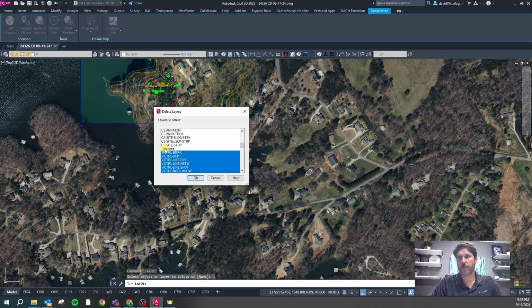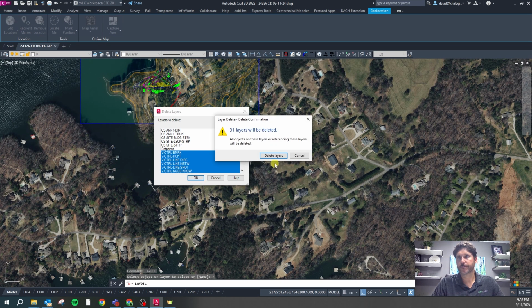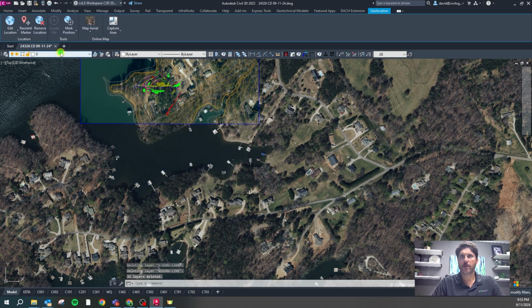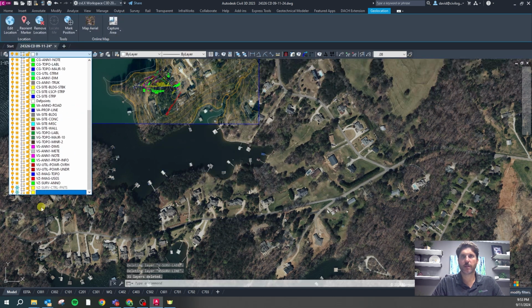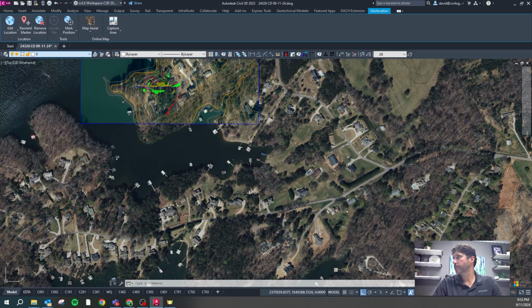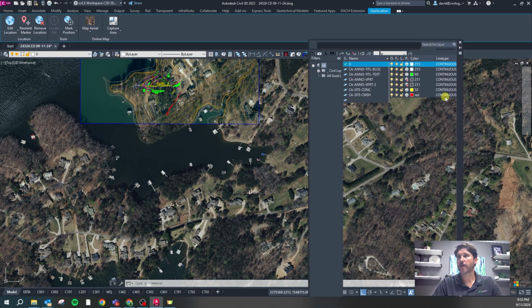I'm going to leave that depth points. That's a common layer that most drawings have in there. And I'm assuming that some of their Civil 3D stuff is on that control points layer, so I'm just going to leave that. What you can do, though, is on your Layer Manager tab,